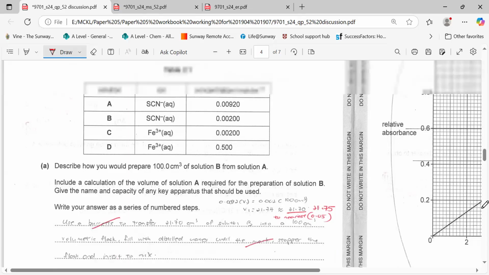So the initial concentration is 0.0092. How much of the 0.0092 in terms of volume do you need to take out to form a diluted 0.002, and the total solution is 100? So therefore, I calculated the volume is 21.74 according to the calculator. All right, but